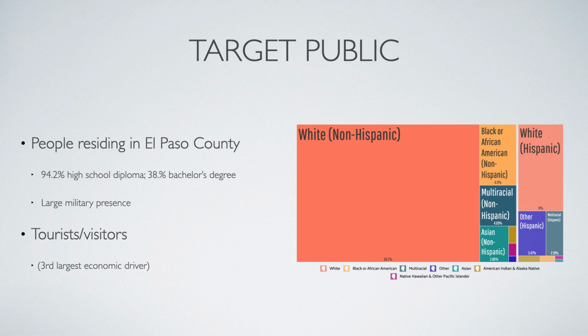So, who is the target public audience? Well, this would be residents of El Paso County, Colorado, and basically the goal would be to get a demographically representative subset of this population to participate in the community consultation. The visual on the right shows the racial and ethnic makeup of El Paso County, although it will be important to consider other factors such as the area's unusually large military presence. It's also important to note that visitors to the region will be impacted by vaccine passports, and while they will not be directly represented, it will be important to include residents who rely on tourism as participants, since that is the county's third largest economic driver.